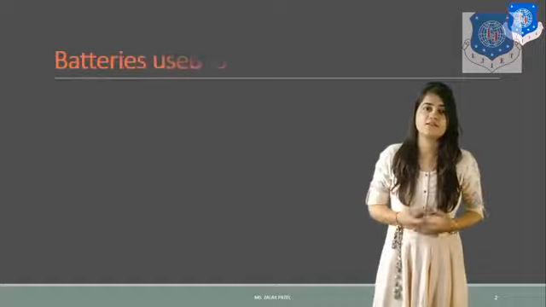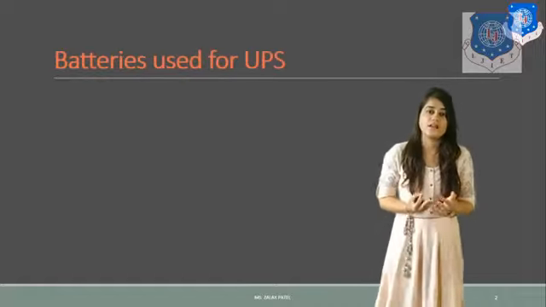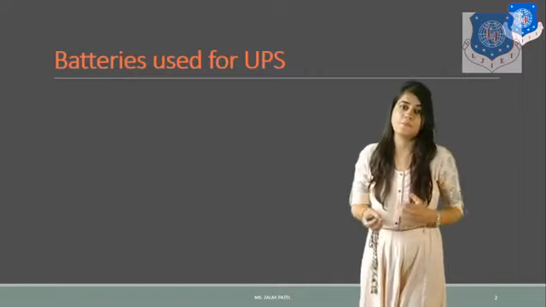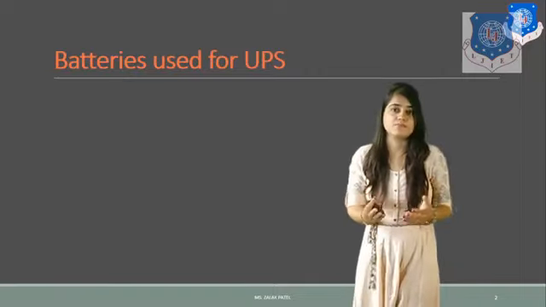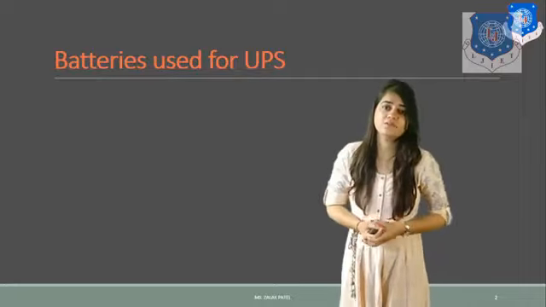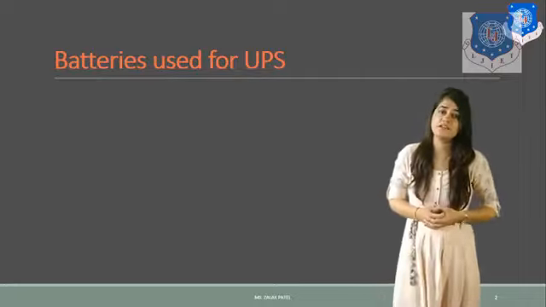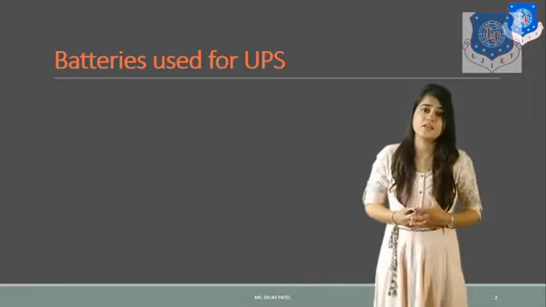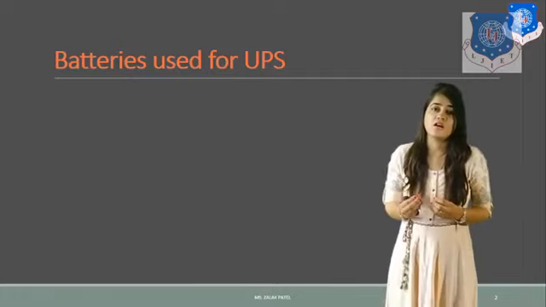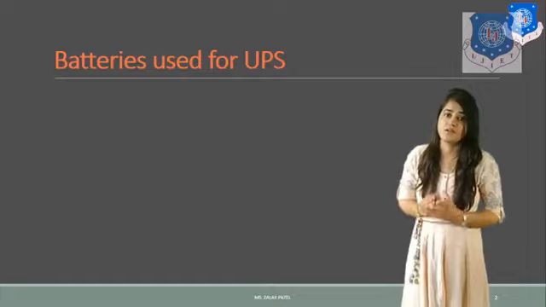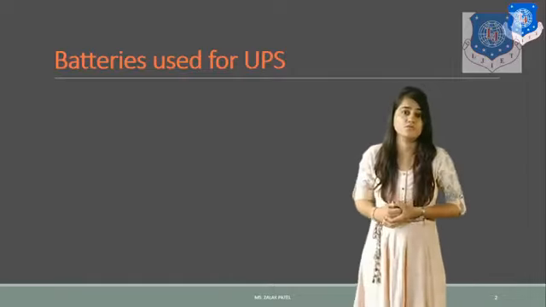Today I am going to discuss Unit 6, Applications of Power Electronics, with the topic Batteries used in UPS. First, let's revise the last session. In the last session we discussed the uninterruptible power supply. An uninterruptible power supply is mainly useful when you want continuous power for real-time applications, where it is always necessary to provide uninterrupted power without any interruption in between, like in ICU rooms.